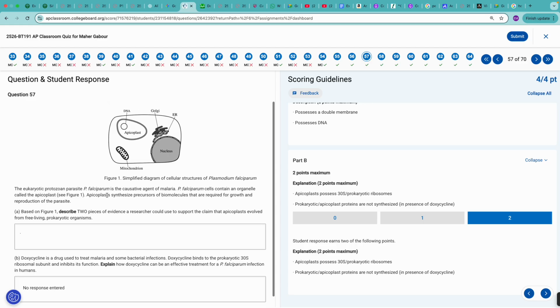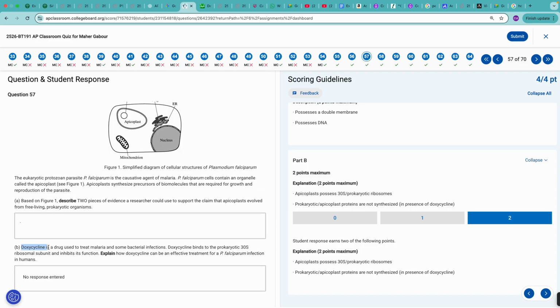Let me just read this to you so it will be more clear. The eukaryotic protozoan parasite P. falciparum is the causative agent of malaria. So that's P. falciparum. P. falciparum cells contain an organelle called the apicoplast. Apicoplasts synthesize precursors of biomolecules that are required for growth and reproduction of the parasite. Since doxycycline is a drug that is used to treat malaria, this doxycycline will bind to